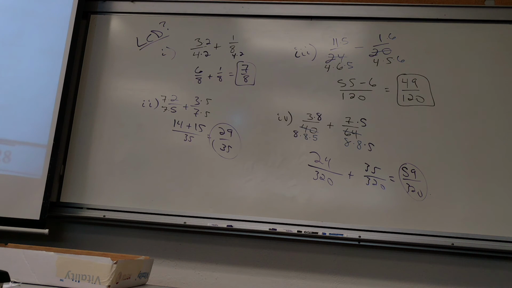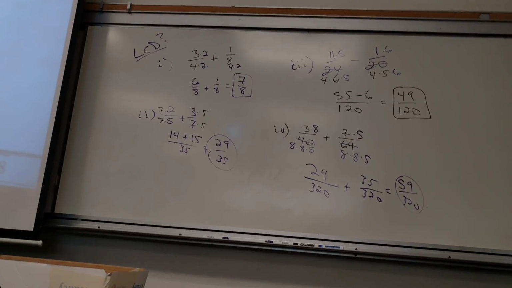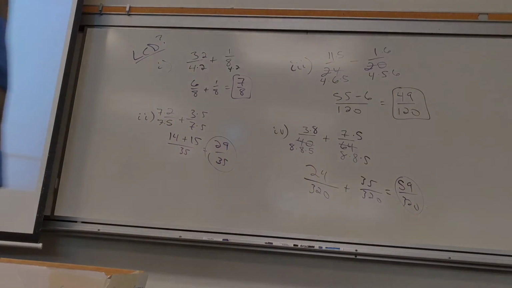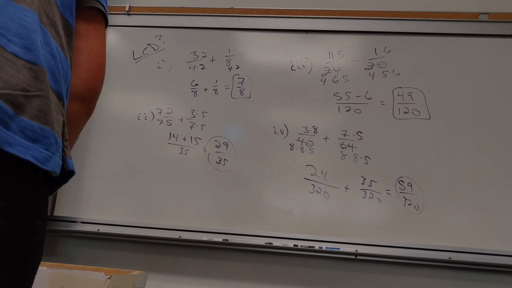That's right. So what do you have to do? What are you going to make the bottom become? It's the LCD. What can you make both bottoms become? What is that 7 missing to become 14? 7 times what is 14? 2. So if you multiply the top and the bottom by 2,